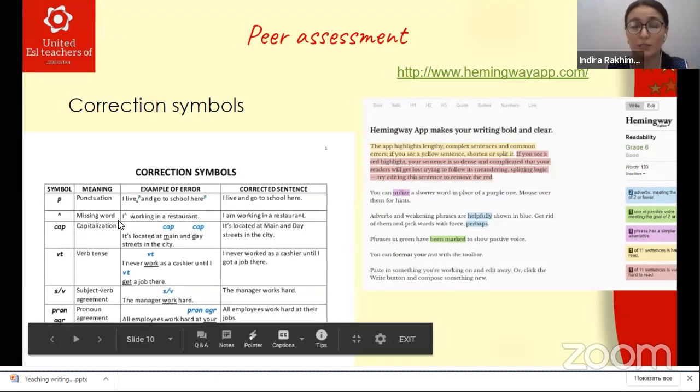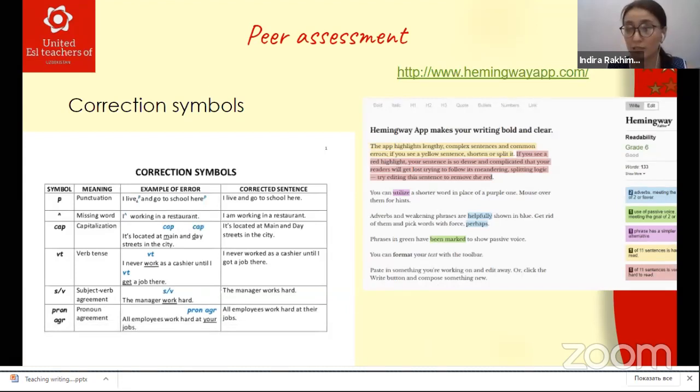You will give the work to each other, and they should check the work very carefully. They should correct it with some symbols. For example, if the work is missing a punctuation mark, they will not write the punctuation there, because it will take a long space. Therefore, their task is to use symbols as much as possible.